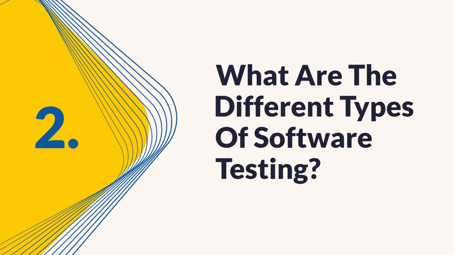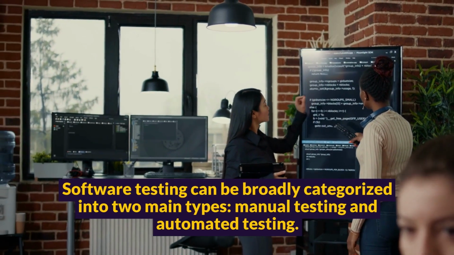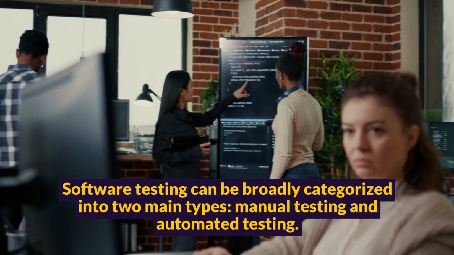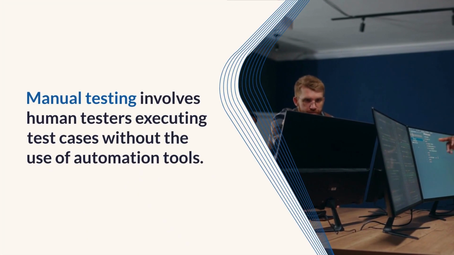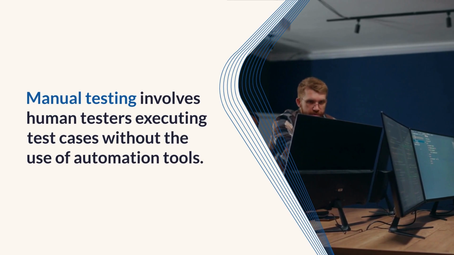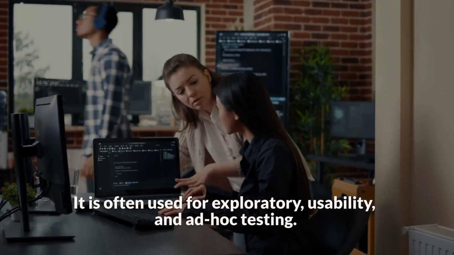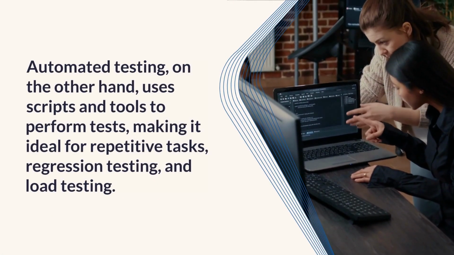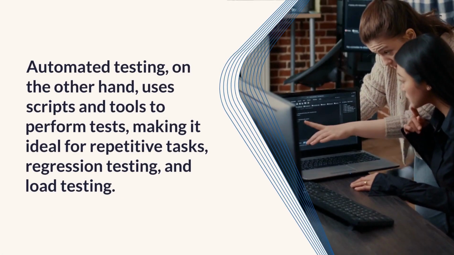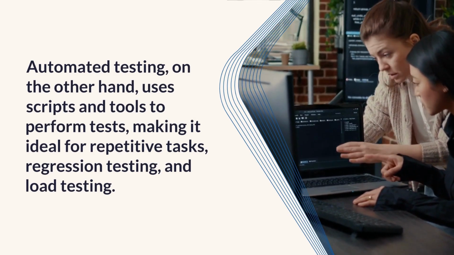2. What are the different types of software testing? Software testing can be broadly categorized into two main types: manual testing and automated testing. Manual testing involves human testers executing test cases without the use of automation tools. It is often used for exploratory, usability, and ad hoc testing. Automated testing, on the other hand, uses scripts and tools to perform tests, making it ideal for repetitive tasks, regression